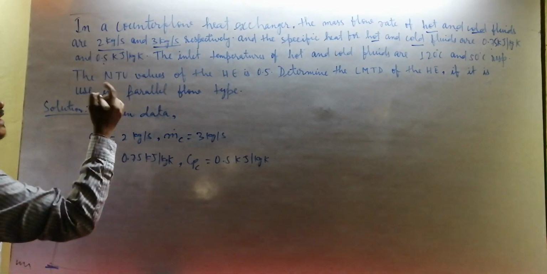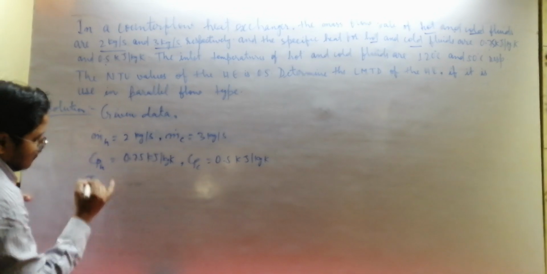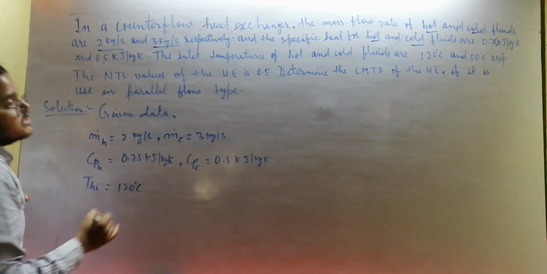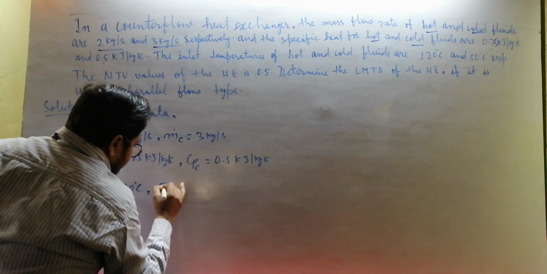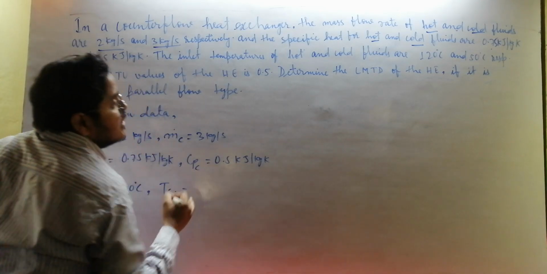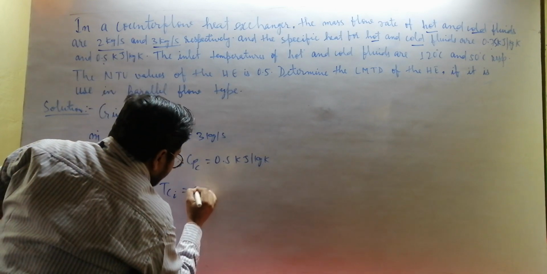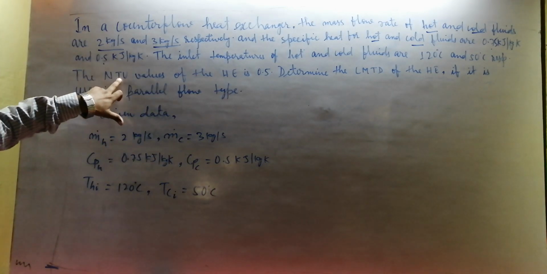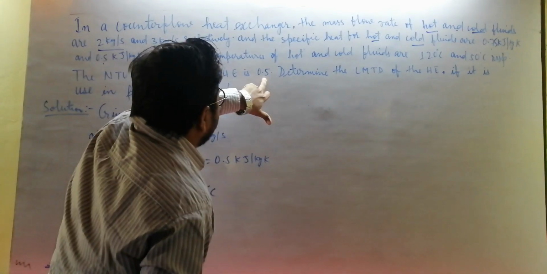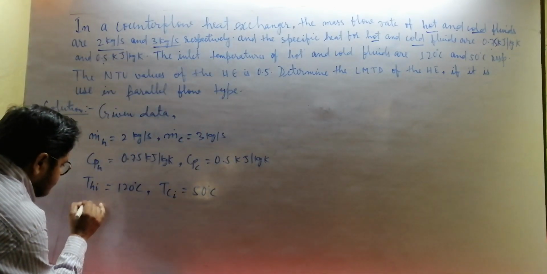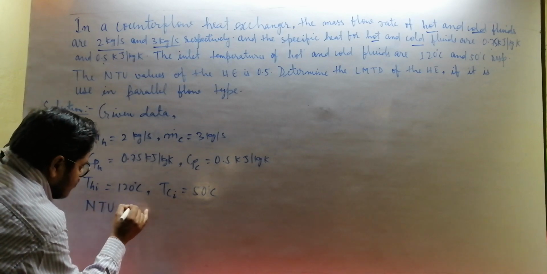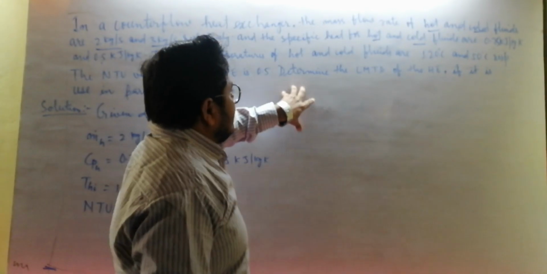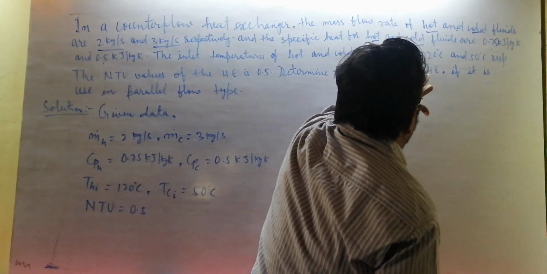So for hot fluid, Thi is 120 degrees Celsius, and for cold fluid, Tci is 50 degrees Celsius. Now the NTU value for the heat exchanger is 0.5. He is asking for the LMTD of the heat exchanger,